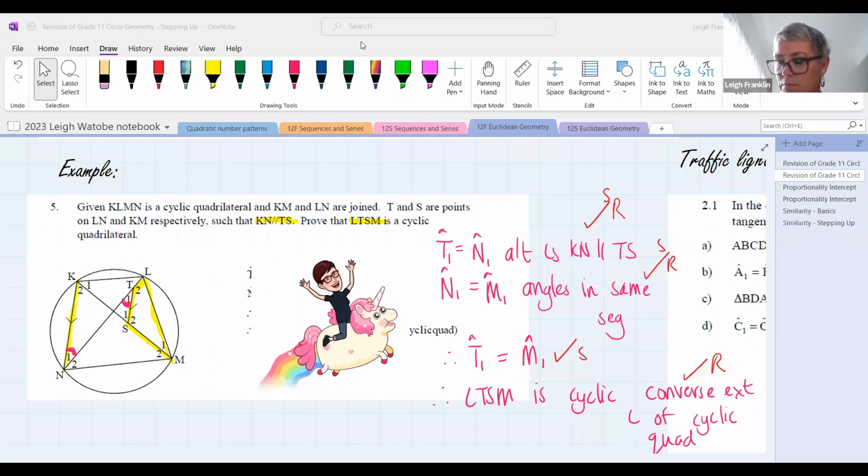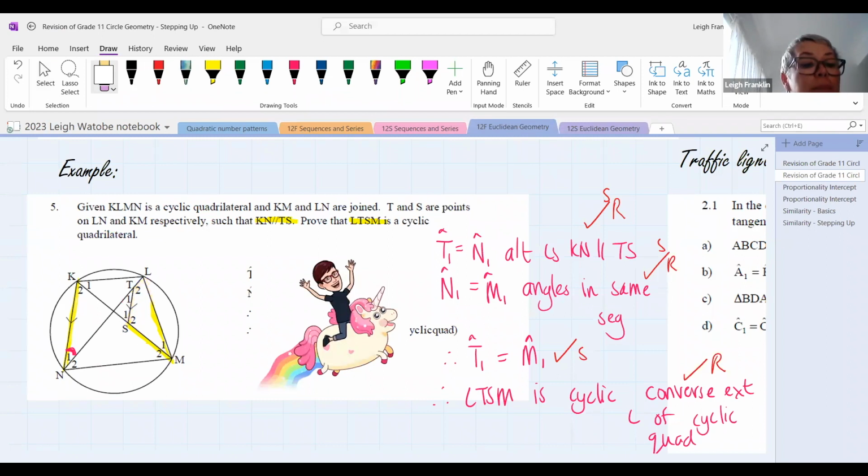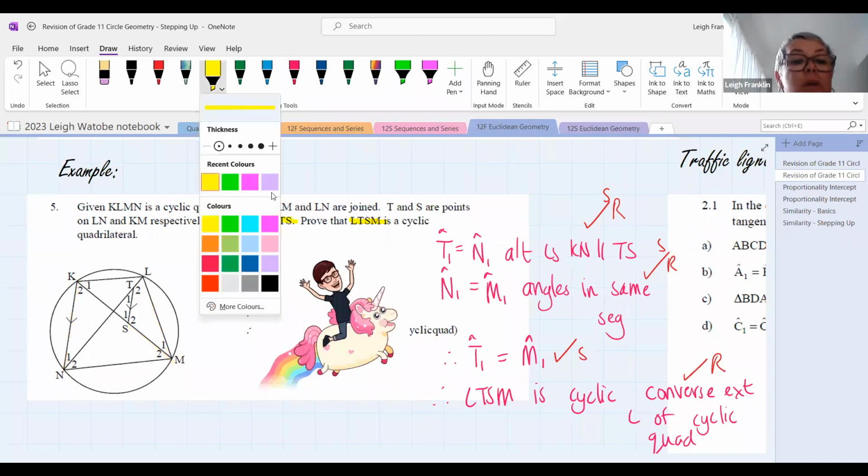where you said that angle N1 is equal to angle T1. I didn't quite understand that part, ma'am. Okay, so Kamachelo, it's actually much, much easier than you think. What I'm going to do is get rid of all of this. And again, this is where our highlighters help us so much. So let's just use a different color. So if you look here,